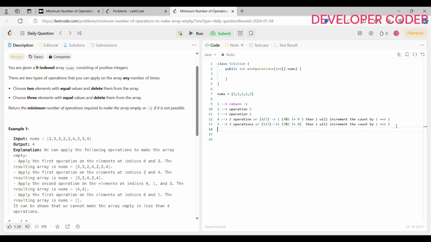So now let's say 2 is 6 times in this num array. And then if 2 is 6 times, then total how many operations? So we can apply this condition 2 times now. Choose 3 elements with equal values and delete them from the array. So first we delete these 3, then after that we delete these 3. So in total 2 operations, right? 2 operations. Over here also I can write it like this: 6 divided by 3, and the output is in